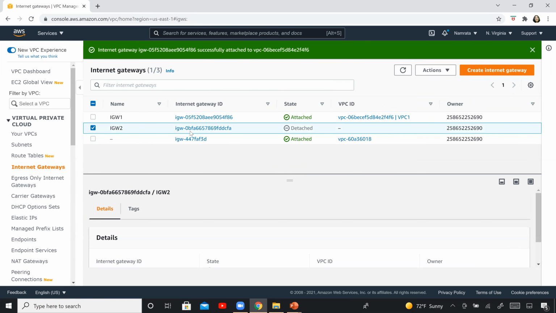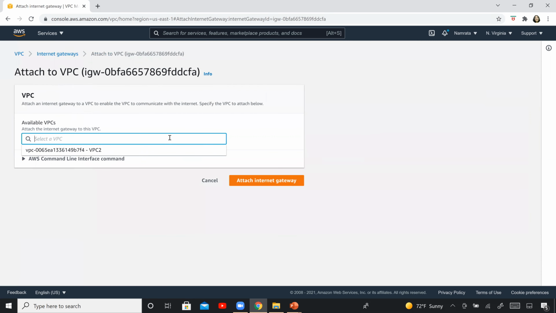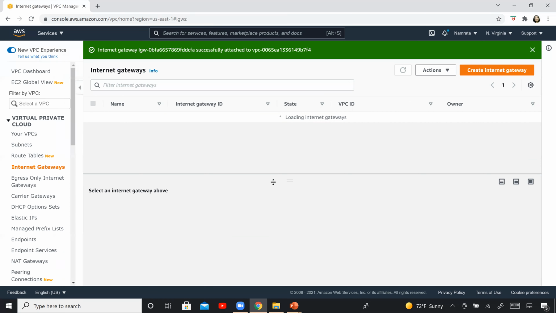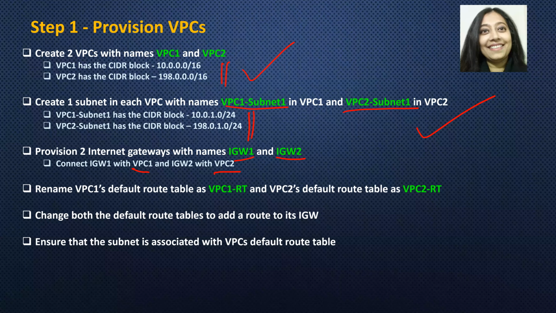And this is IGW2, attach to VPC, and select VPC2, attach Internet Gateway. So both our Internet gateways have been attached. So this step is complete.